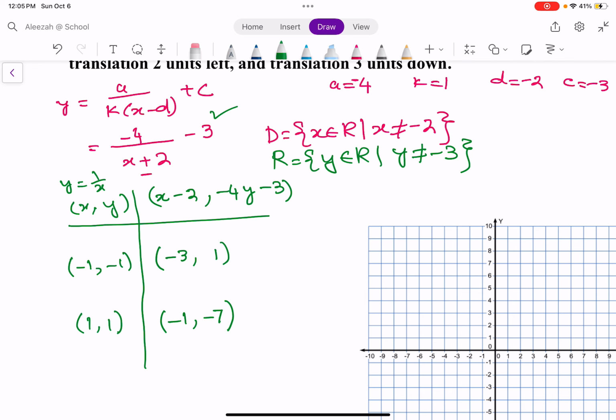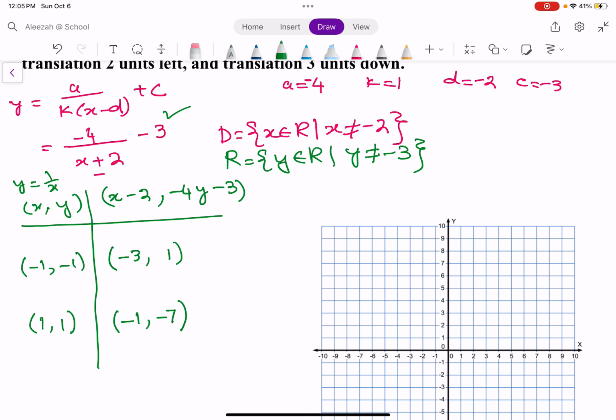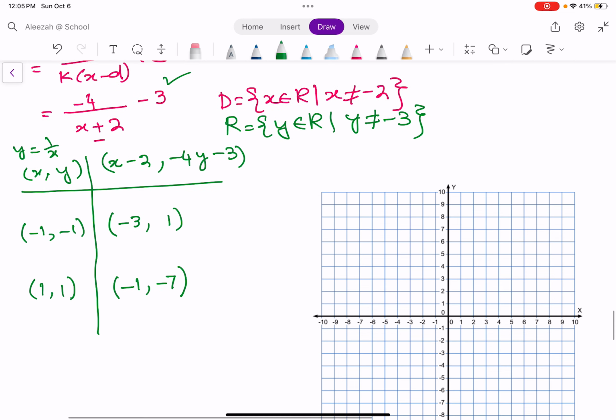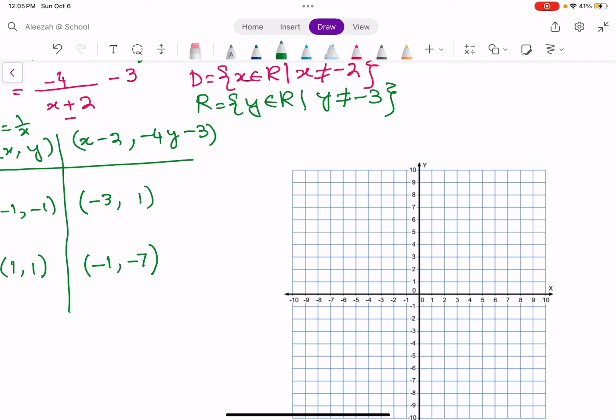Okay, now first I'll graph my asymptotes. Asymptote is x equals negative 2. At negative 2, I have a vertical asymptote, right? So I draw the vertical asymptote here. And my horizontal asymptote is y equals negative 3. Okay, and now I graph my points. When x is negative 3, y is 1. Negative 3, the point is here. My other point, when x is negative 1, it's negative 7. The point is here,